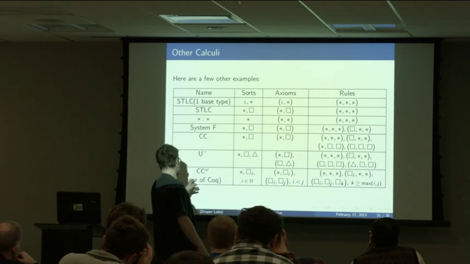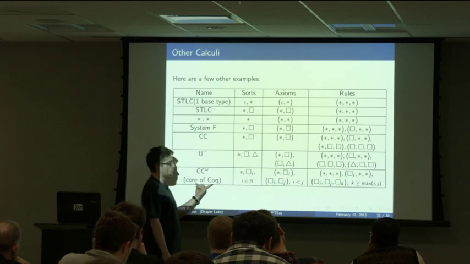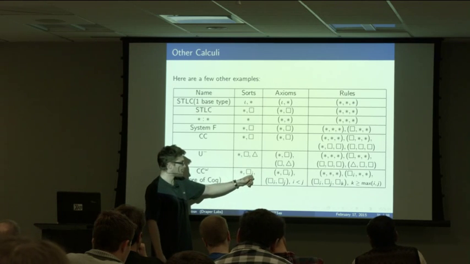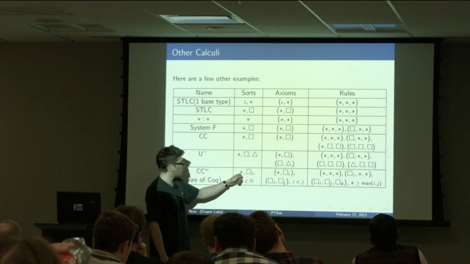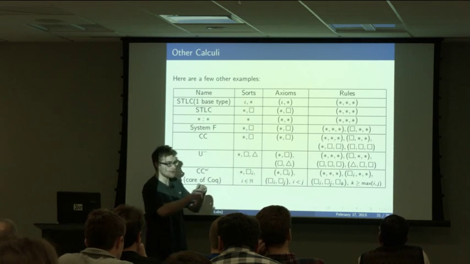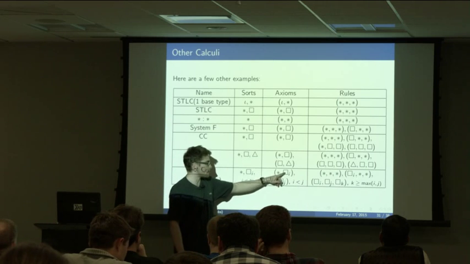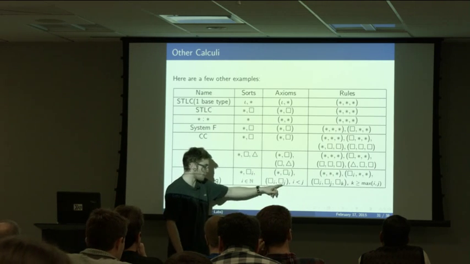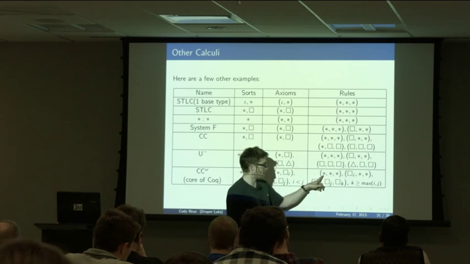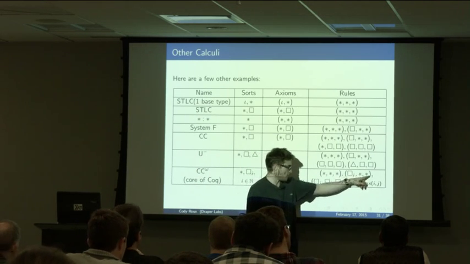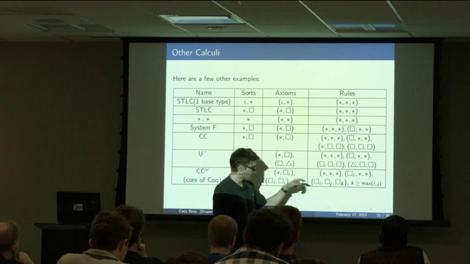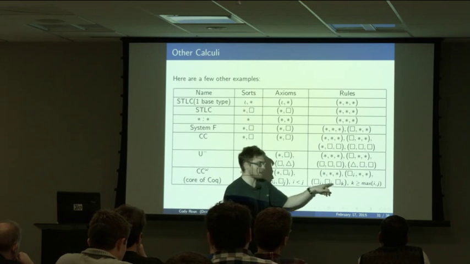Okay, and this one is more honestly the core of Coq, because the calculus of constructions only has this one box, but sometimes you want to have more than one box. So you say, okay, well, there's box i for all natural numbers, and basically you have a box 0, and the type of star is box 0, and then the type of box 0 is box 1, etc. And then you can form all these dependent products where you have star star star, box i star star, and then box i, box j, box k. But in this case, you really need k to be bigger than i and j.